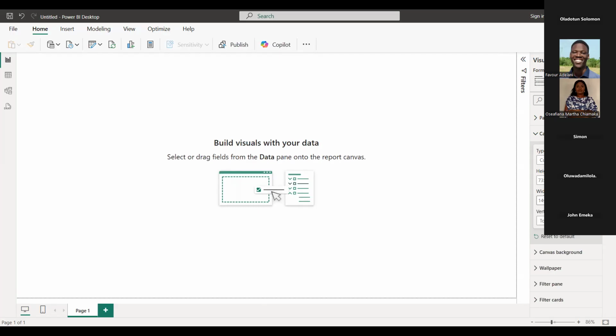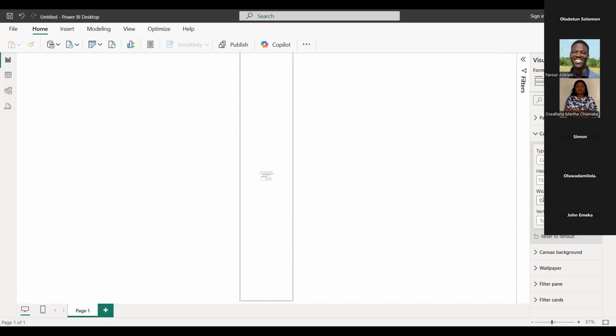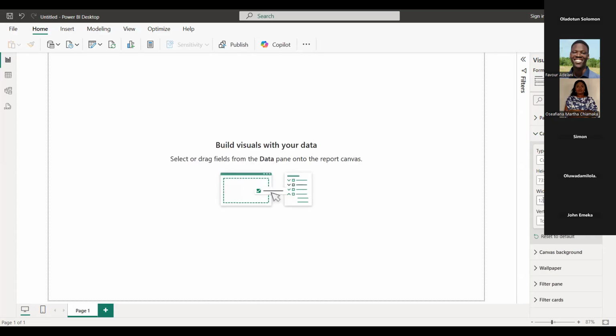Now, one thing that I want you to take note of, let me reduce this again. You see these lines where you have the filter, your canvas width cannot go beyond the filter.